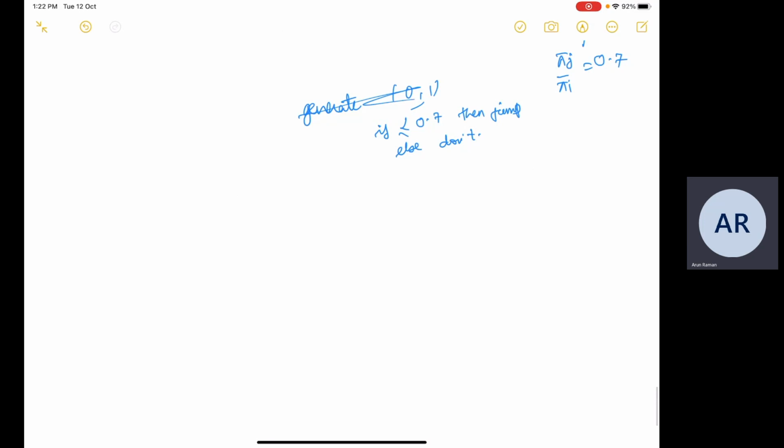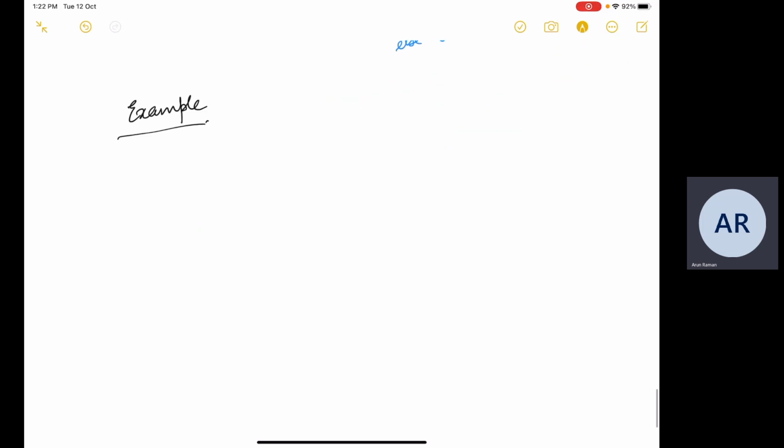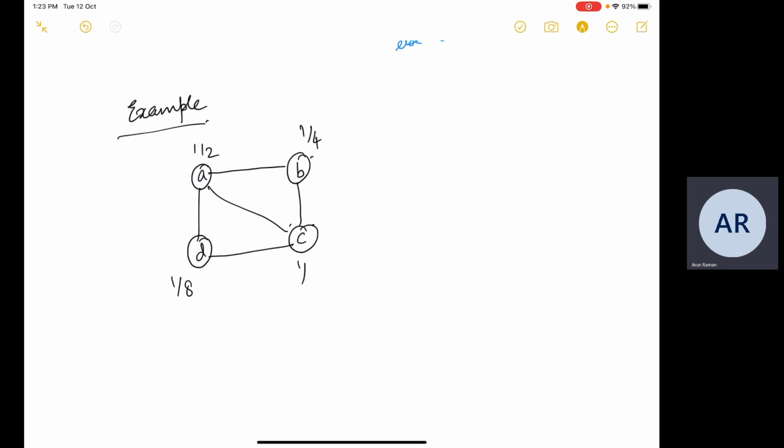At the end of this part, we will just discuss a small example. This example is from the book itself. We assume that the structure is given to us, and these are the stationary probabilities that we are interested in: 1 by 8, and this is 1 by 8. Just by looking at the graph, we can say that R is equal to 3 because the maximum degree is 3 for A and C.